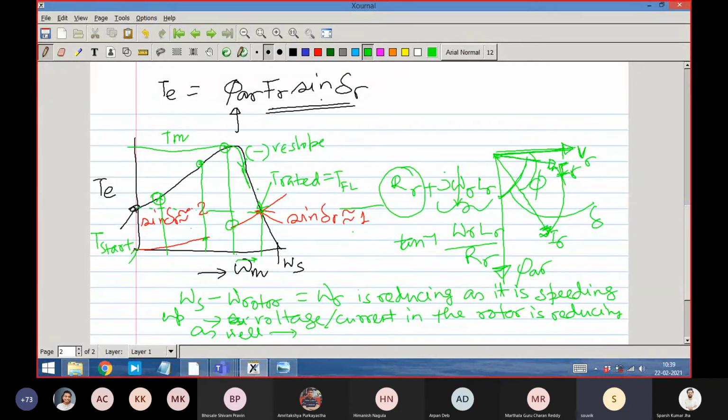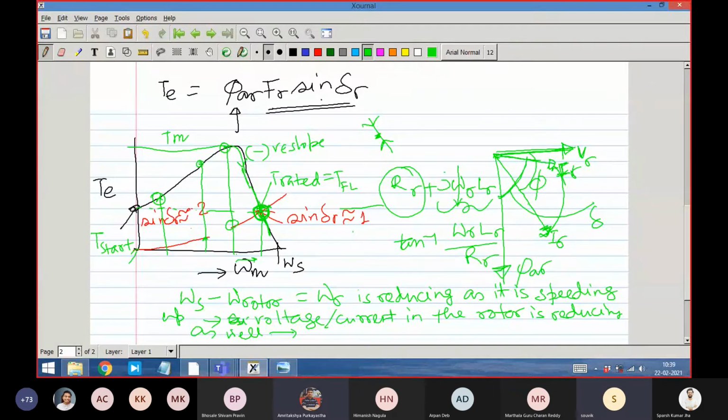So at a certain point it comes down and becomes equal to the load torque, and then it operates stably. Because if, for some reason, speed increases, the electromagnetic torque is then less than the mechanical torque, therefore it will climb back. If it goes the other way, it climbs up. So it will move on this. This is the rated point. It will always have an operating direction like this.